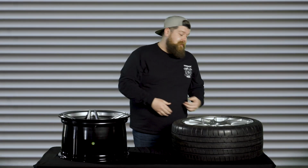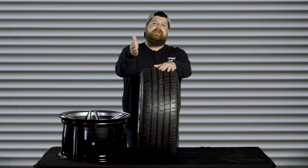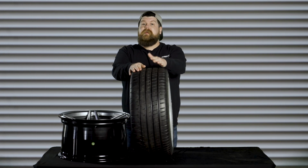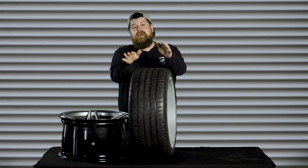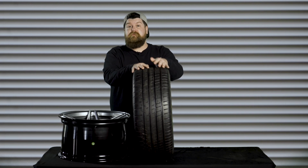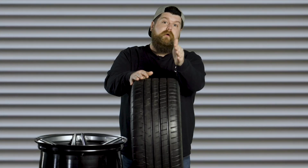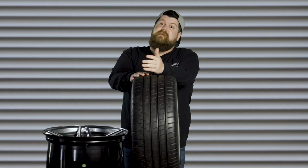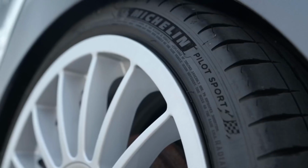So, starting with the tire width. The width of the tire is measured in millimeters and determines the tire's advertised width. This measurement of width has no real correlation with contact patch, and what I mean by that is that a 245 wide tire, or 9.6 inch wide tire, is only going to have about 9 inches of direct contact patch if you measure from the outer square edges of the tire. So, putting said 9-inch wide tire on a 9-inch wide wheel is still going to give you a bit of a stretched look, even on a 9-inch wide wheel. So, choosing a tire that matches a wheel's advertised width isn't always the best idea if you're looking for that